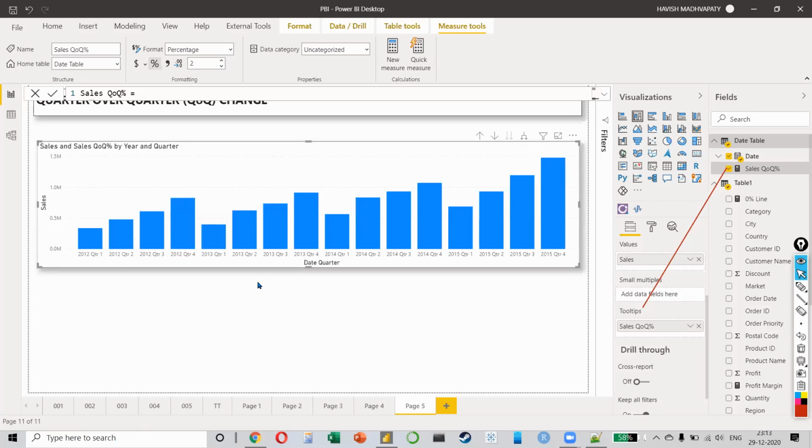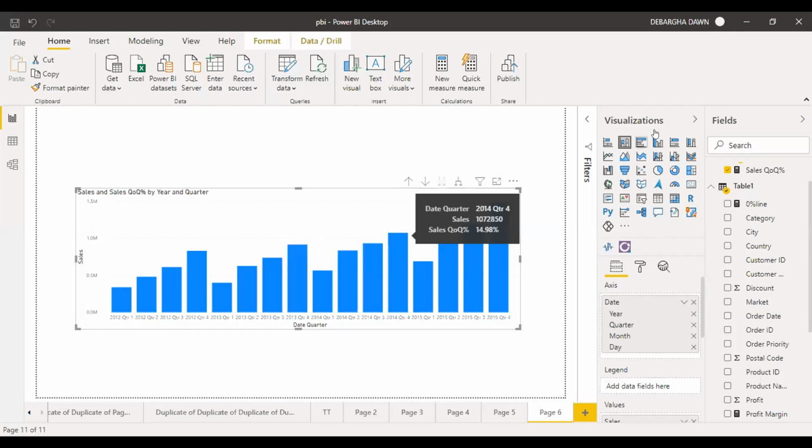Sir, 41% growth is not showing. Have you put it in the tooltip? QOQ percentage in tooltip? Yes. Show me your screen. Let's see. Just scroll down.